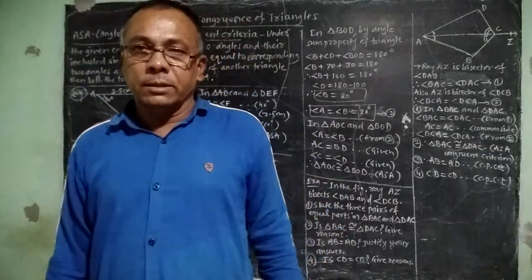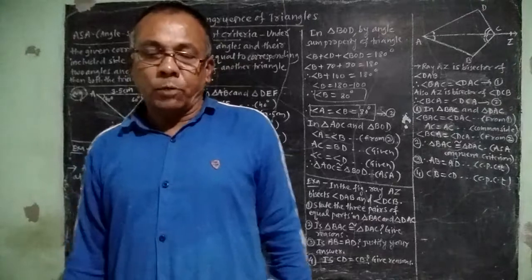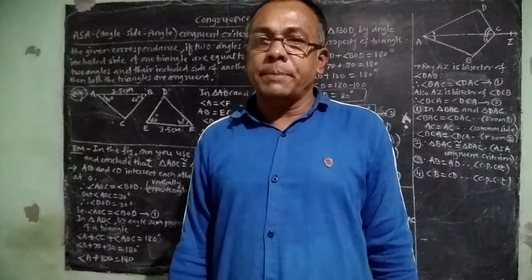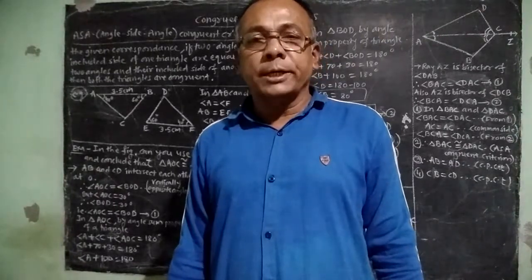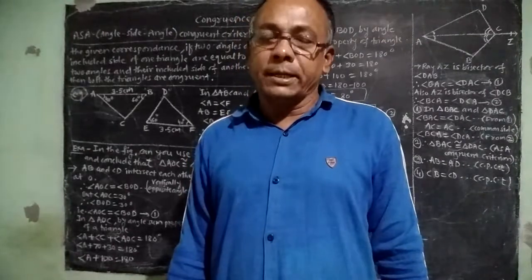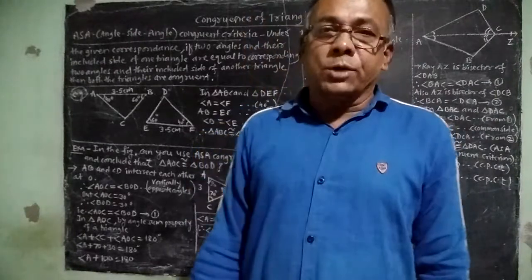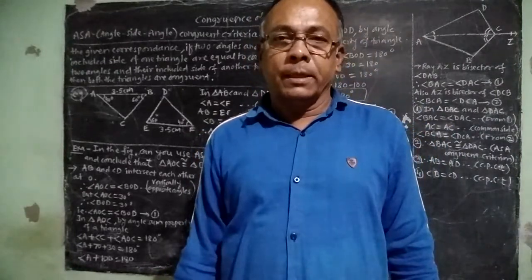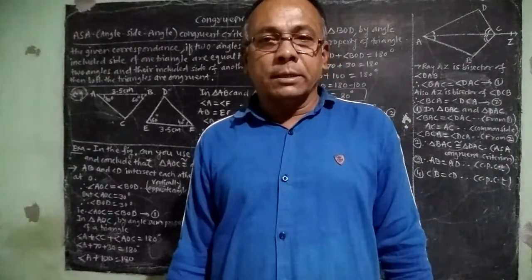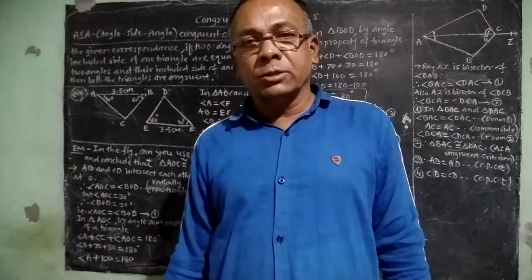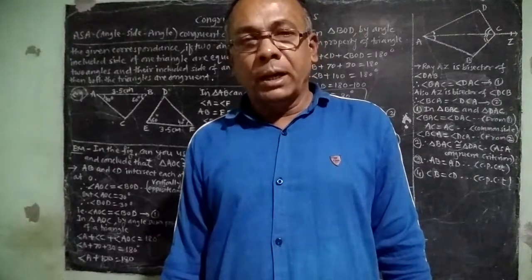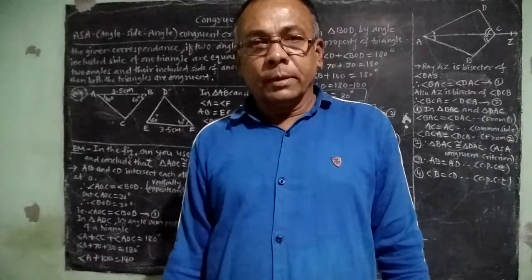We are studying now our topic, congruence of triangles. In this topic, last time we have studied the congruence criteria of triangles. For the congruency of two triangles, if six parts of one triangle are equal to corresponding six parts of another triangle, then both the triangles are equal. But we know that